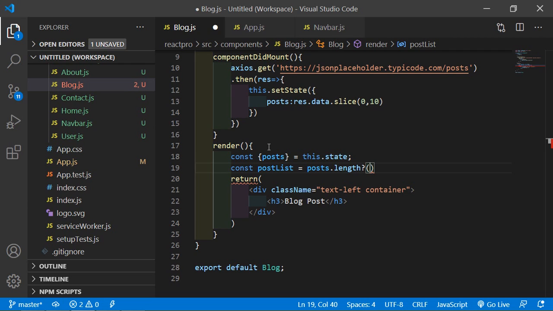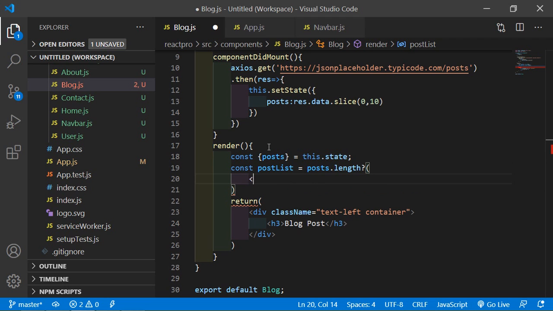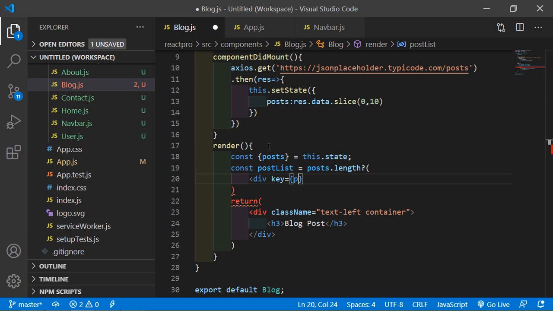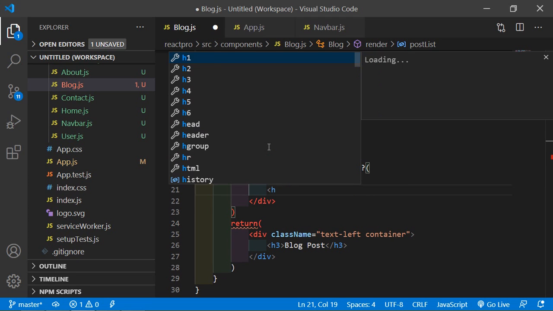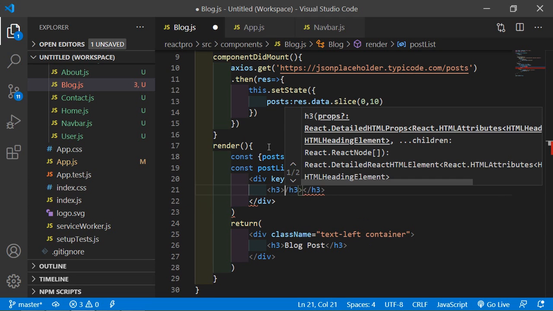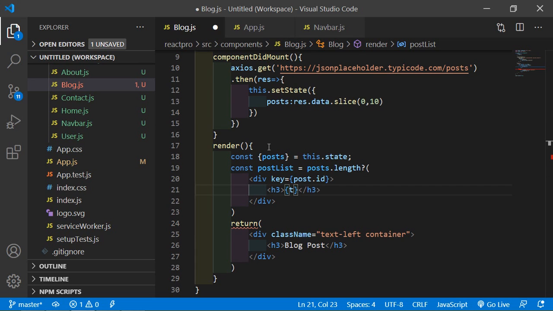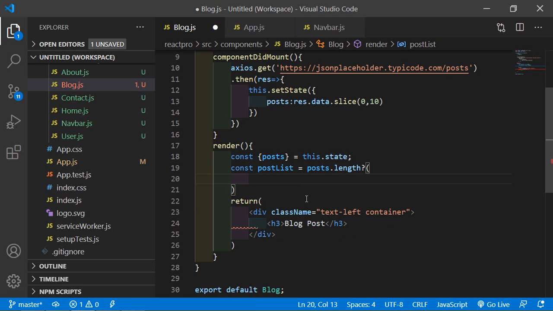If posts length is greater than 0, then just add here the div key is equal to post.id, and here just print the title inside the h3 tag. So just write here h3 and post. Sorry, one thing is missing. Just cut this, and